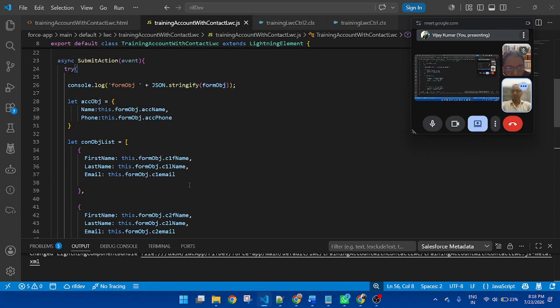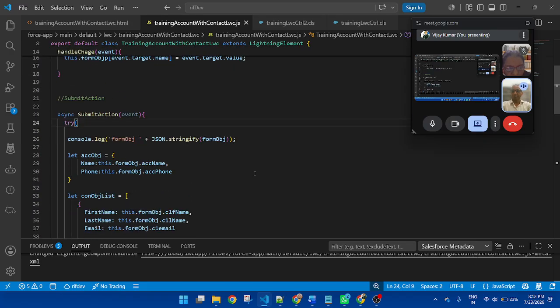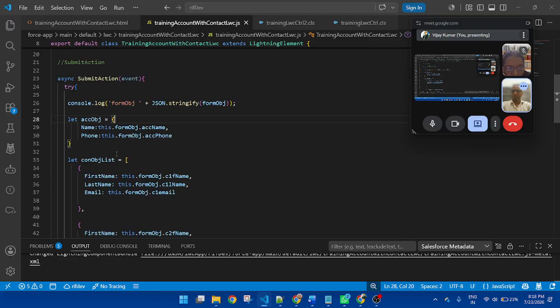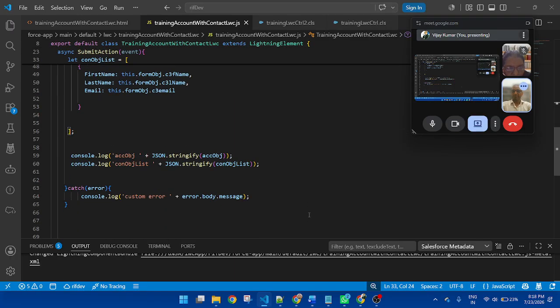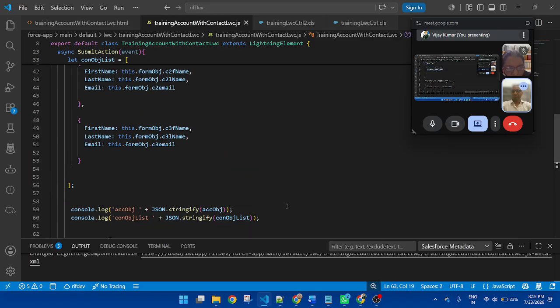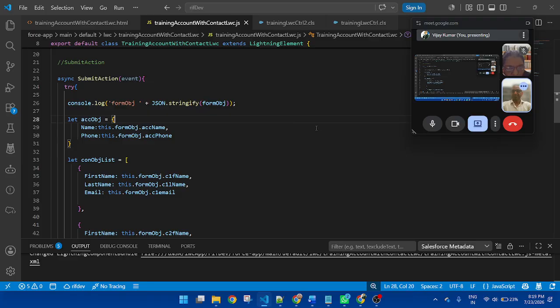Let me check. This is the try block. I get a command. I get a list of the contact. After that, I am displaying console log. This is a catch log. This is an async.